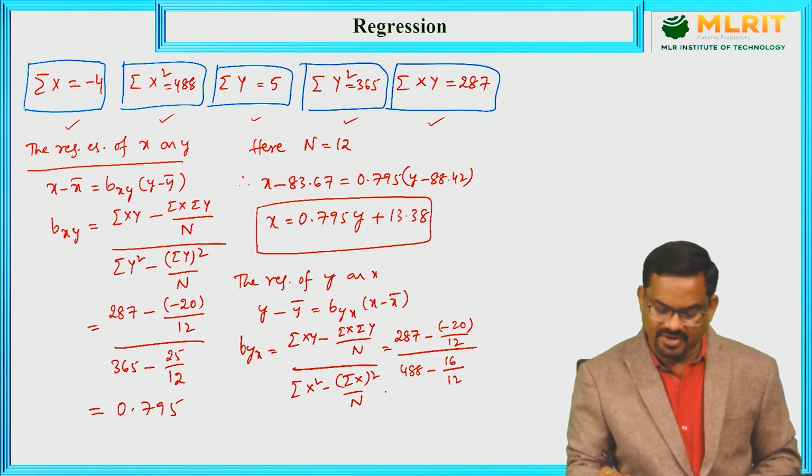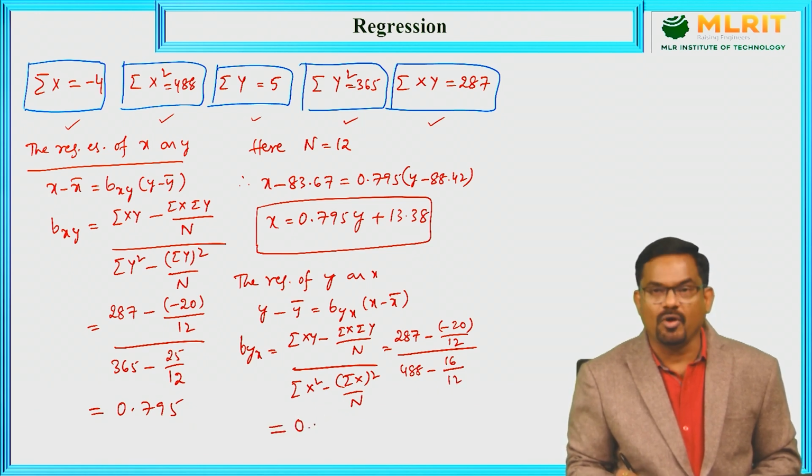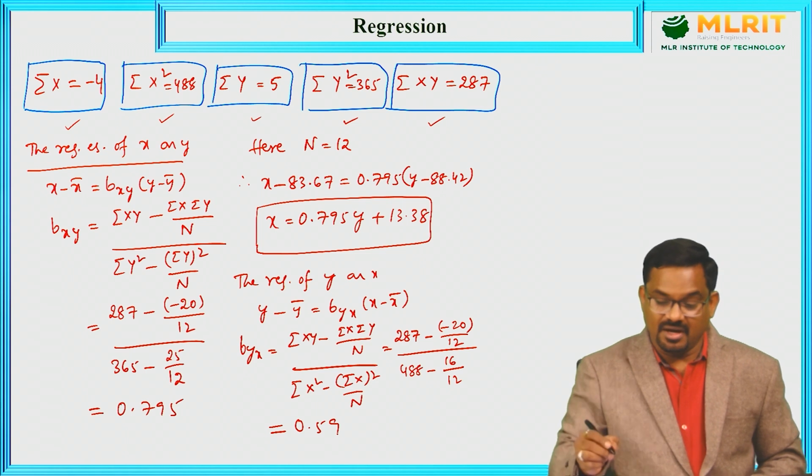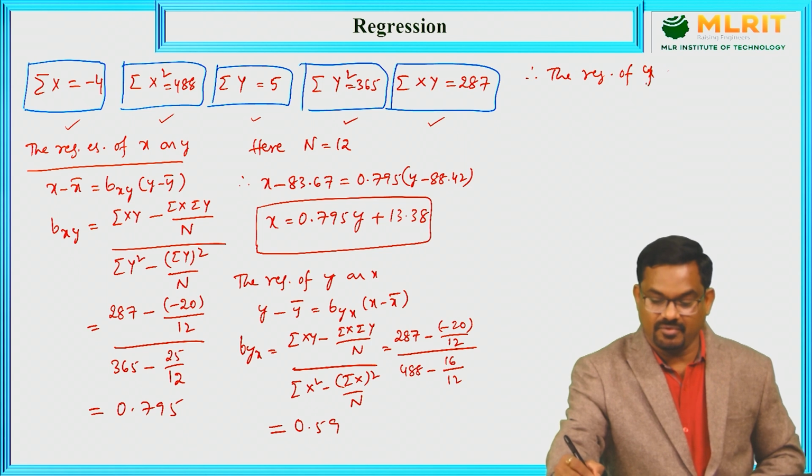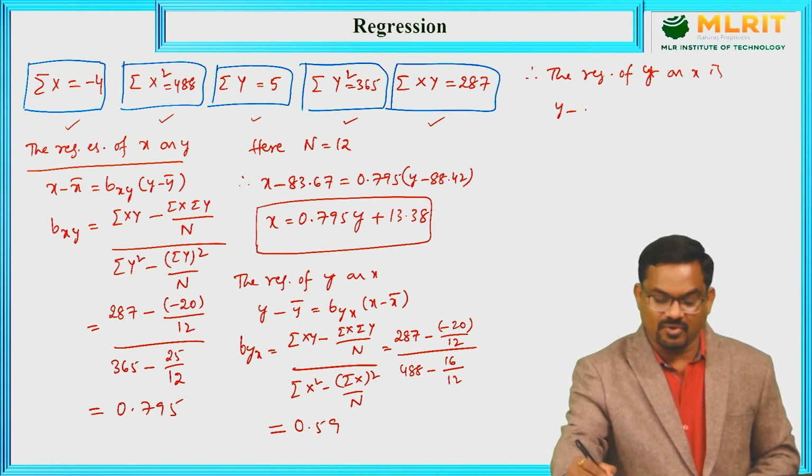So, after simplifying this, we get 0.59, and therefore, the regression equation of Y on X is Y minus Y bar. What is Y bar? The original true mean of Y values, 88.42, is equal to